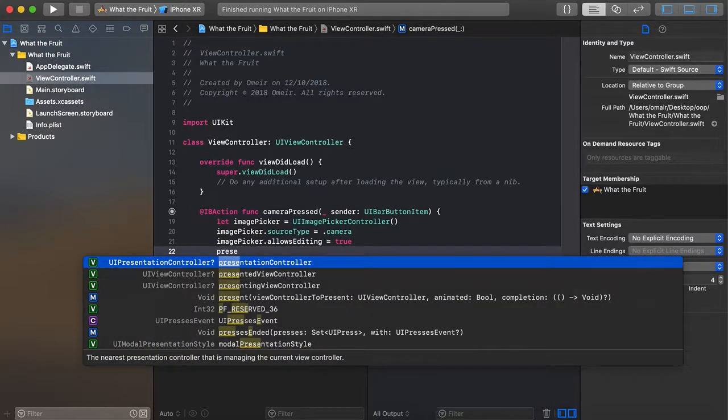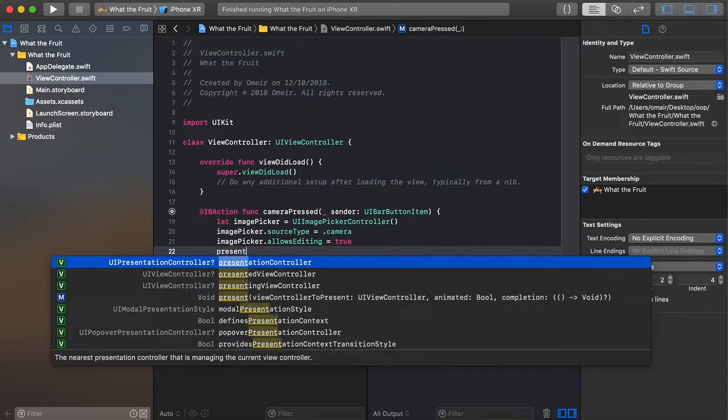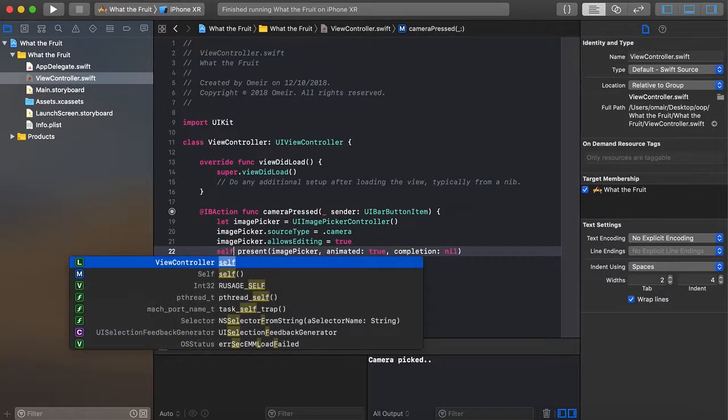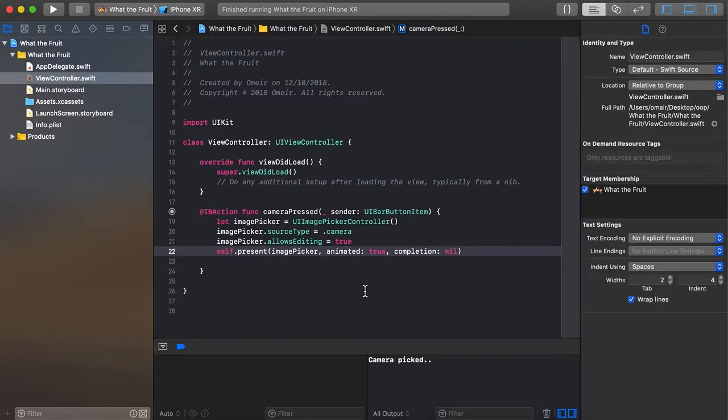And we're going to present it using the present function, and we're going to pass in the image picker. Animated true, completion of nil, since we don't want to do anything after the image is picked. And there we have it. Let's add a self here. Okay, now we have this,